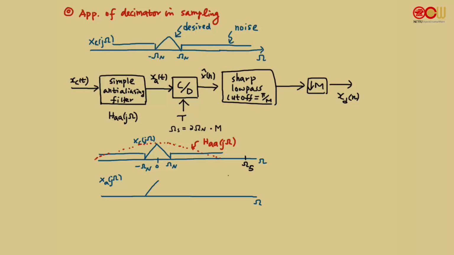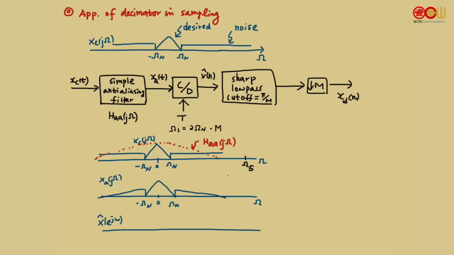It will contain the desired signal and also some attenuated noise, especially towards the stop end of H_aa, it will be attenuated, and similarly on this side as well. Okay, this is Xa. And then after this is sampled, the discrete time signal's Fourier transform X hat(e^jω)